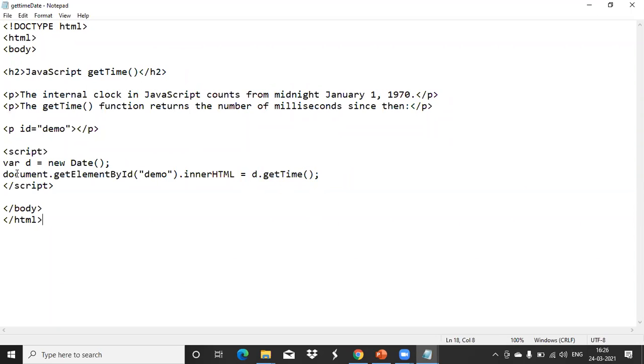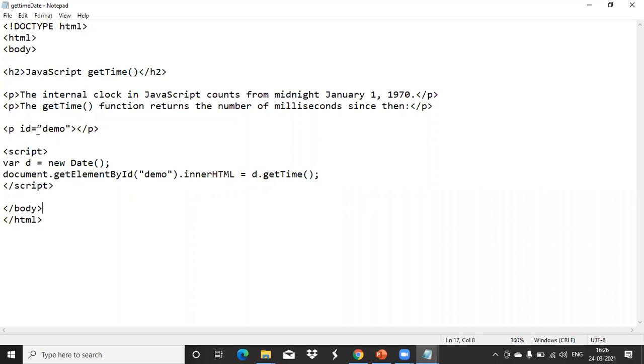And it is a time or date value, so the preferable way is to use document.getElementById to print the time values, because time is changing every time, dynamically.